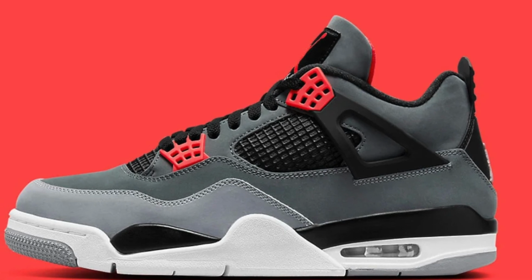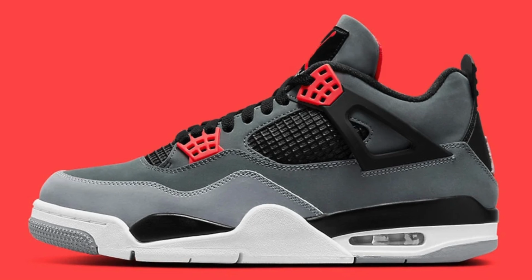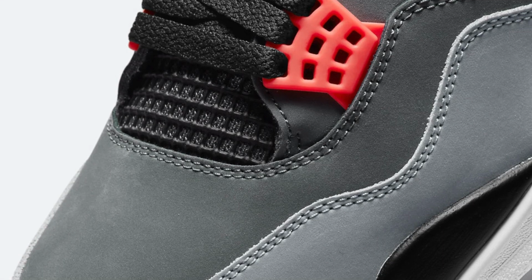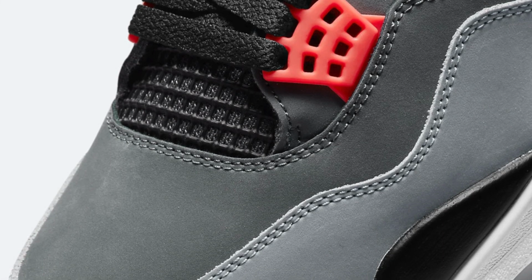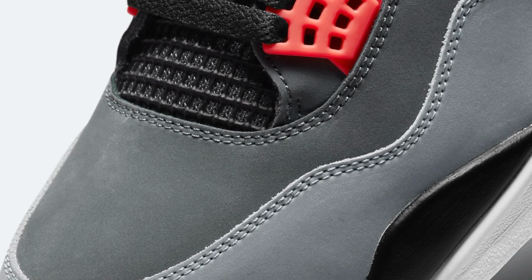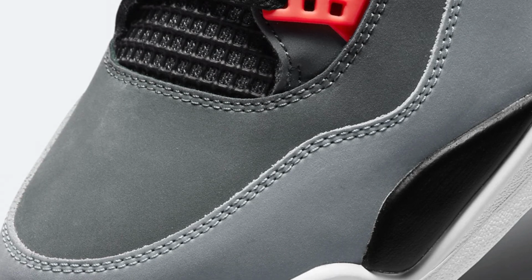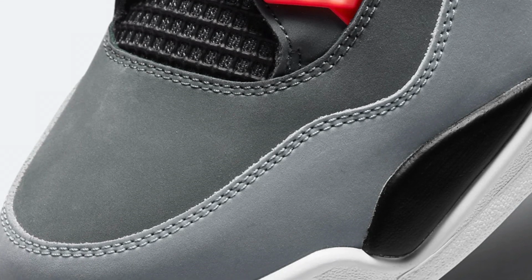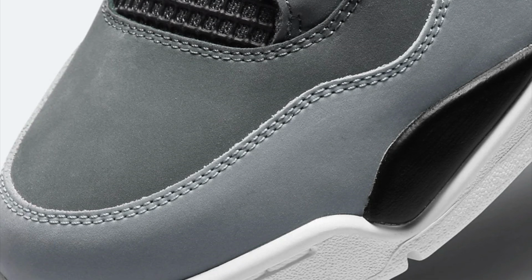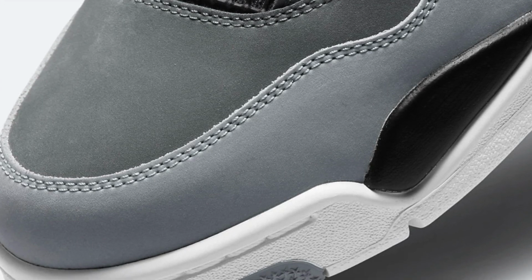The Air Jordan 4 Infrared is going to be dropping on June 15th at 10 a.m. Eastern Standard Time at most locations. We're talking about the Sneakers app primarily. We'll talk about DSG online, FLX, Finish Line, JD, and a number of other stores. What I'll try to do is focus your attention on the key stores if you are a manual user. If you're using bots, your strategy is going to be completely different. The men's sizes are currently scheduled to retail for $200, and the GS sizes are currently scheduled to retail for